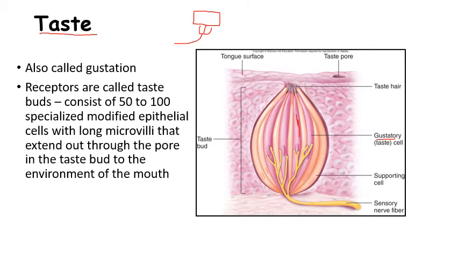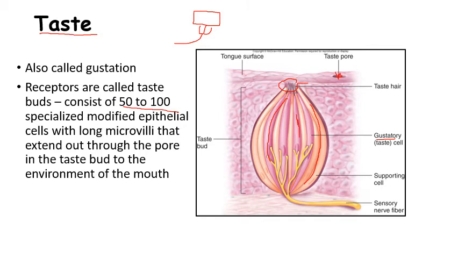What you have is these gustatory cells and supporting cells, this lighter pink, and about 50 to 100 of these modified epithelial cells are arranged in this taste bud. These taste buds are located on the tongue, and the tongue has little pores. You can see this would be another taste bud over here, and these little pores,